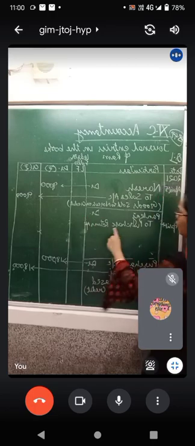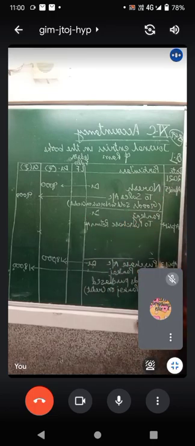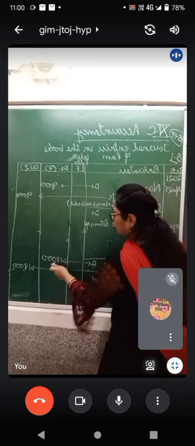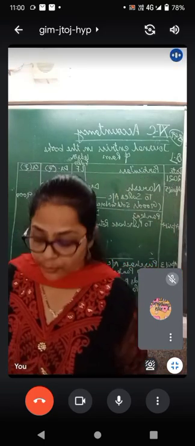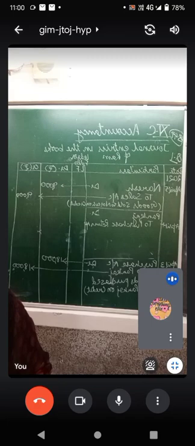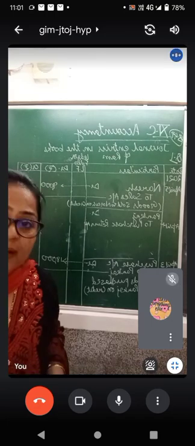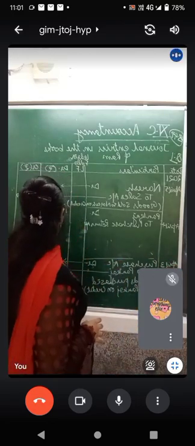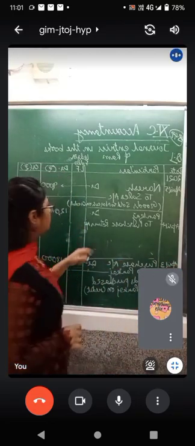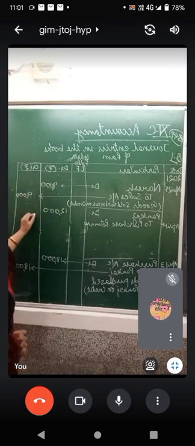And you will write account with purchase return, but you will not write with Pankaj. Now, out of the total goods, 18,000, how much have you actually returned to him? 12,000. You have returned goods worth rupees 12,000 back to him. You take back your things. So, Pankaj debit with rupees 12,000 to purchase return with rupees 12,000.